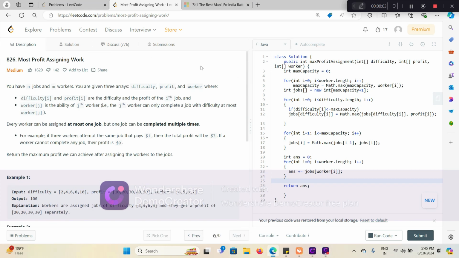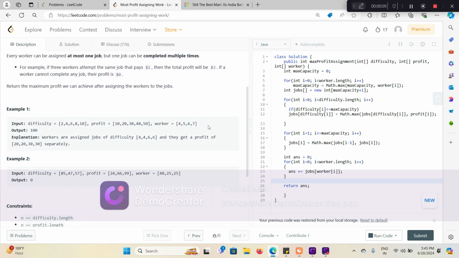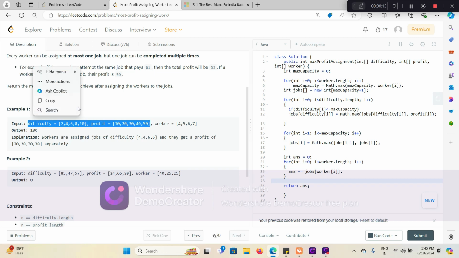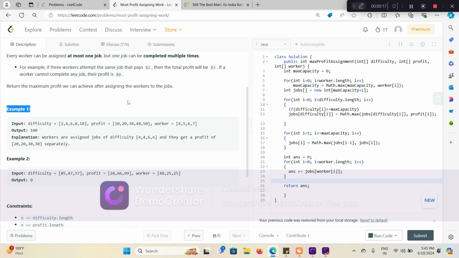Hello everyone, so today we're gonna solve this problem, most profit assigning work. So basically what is happening here is three arrays are given. Difficulty and profit are two arrays which talk about the difficulty of any task and the corresponding profits. For example, the 0th task has the difficulty 2, but if somebody completes this task it will get 10